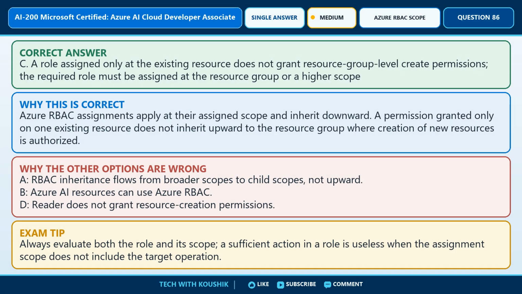The correct choice is option C. A role assigned only at the existing resource does not grant resource group level create permissions. The required role must be assigned at the resource group or a higher scope. This option satisfies the complete requirement because Azure RBAC assignments apply at their assigned scope and inherit downward. A permission granted only on one existing resource does not inherit upward to the resource group, where creation of new